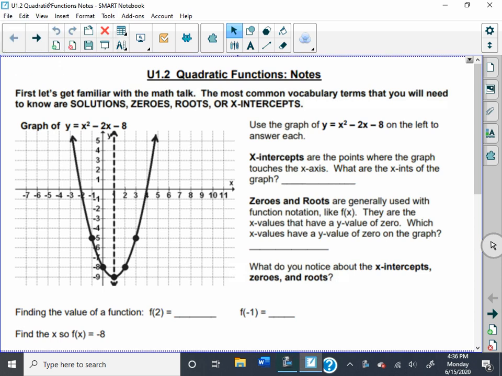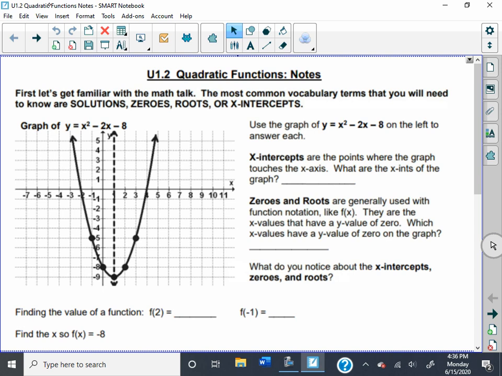All right, Algebra 2, this is a continuation of functions. This is on quadratic functions. So on this graph, this is the shape of a quadratic function, so it should look familiar. It's a parabola. All right, and so the most common vocabulary terms that you'll need to know are what's called